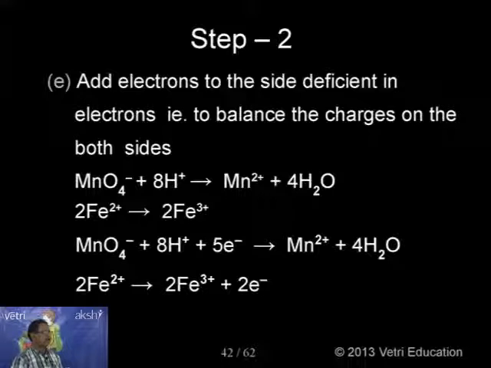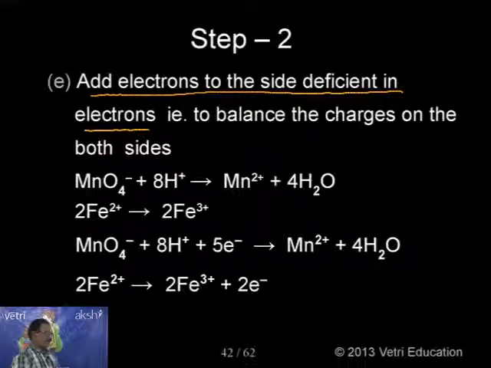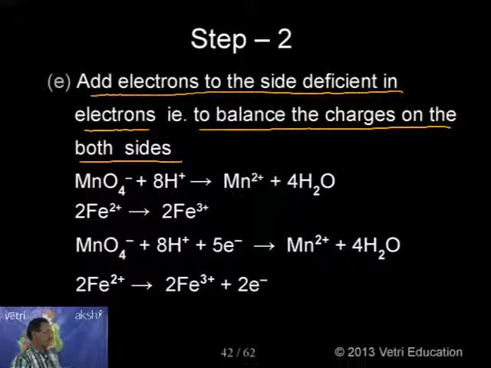Now, the next step, 2E, says add electrons to the side deficient in electrons, that is, to balance the charges on both sides. We have to add electrons because an electron is negative. So one electron means one negative. So to balance the positive charges, we can add electrons in a suitable place. Let me explain here. Let me repeat again. The step 2E says add electrons to the side deficient in electrons, that is to balance the charges on the